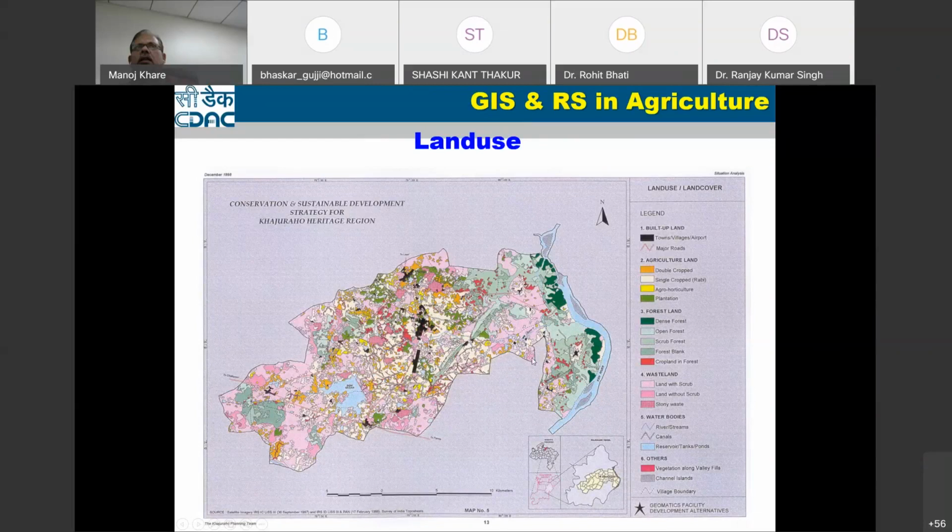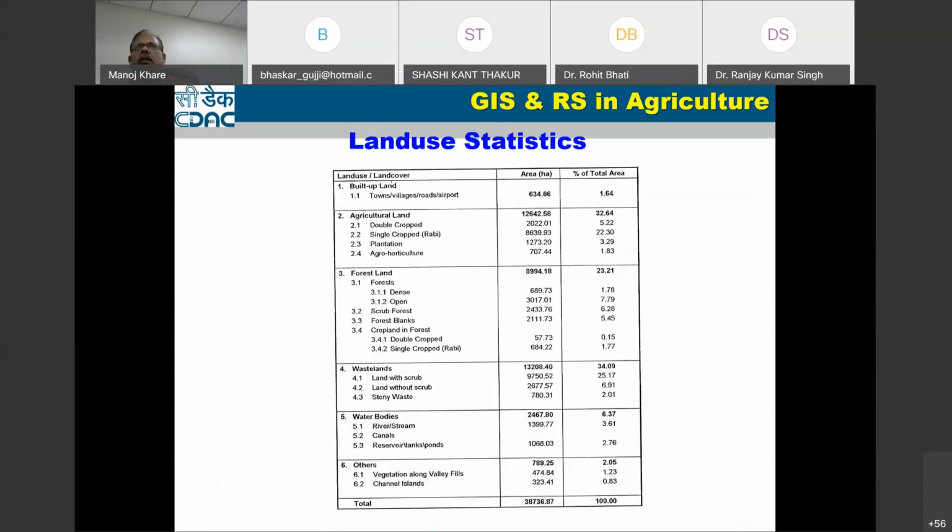Now based on different analyses we can suggest a proposed land use map also, using different GIS techniques. Similarly, you can prepare land use statistics in GIS. Once it goes into GIS, each polygon has an area, so you can classify how much is the agriculture area, how much is the forest area, and what is the wasteland area. You can easily find this in GIS, because you can prepare land use and find out the statistics.